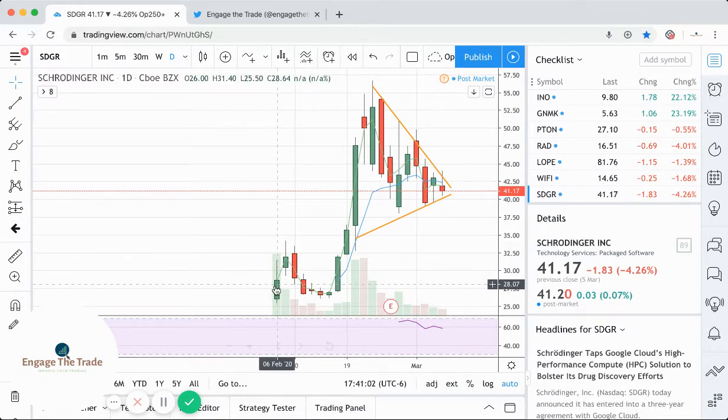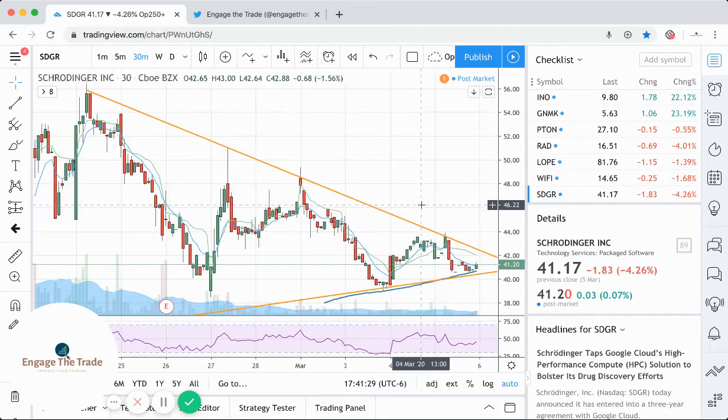A new name like this, recent IPO, great breakout, just beastly, and then some good down selling days, and then just popped up again. This is actually right after earnings, so popped up again. Couldn't make it out of the coil though, and so it's quieting down, which is a huge